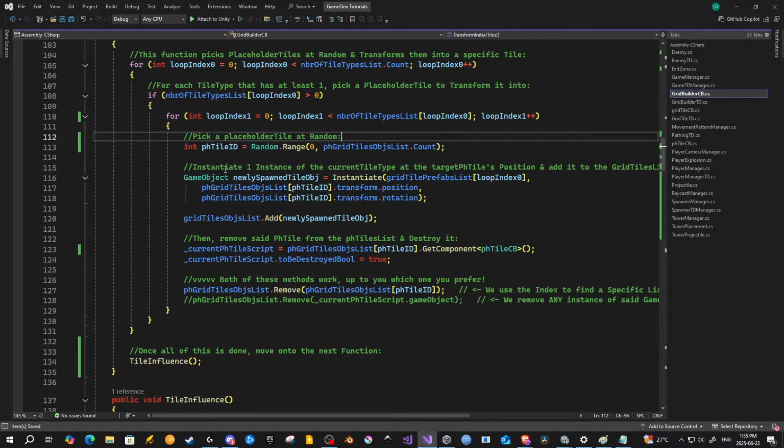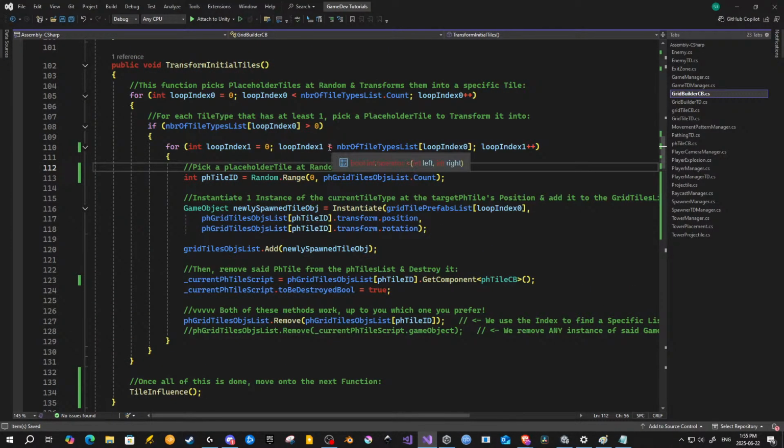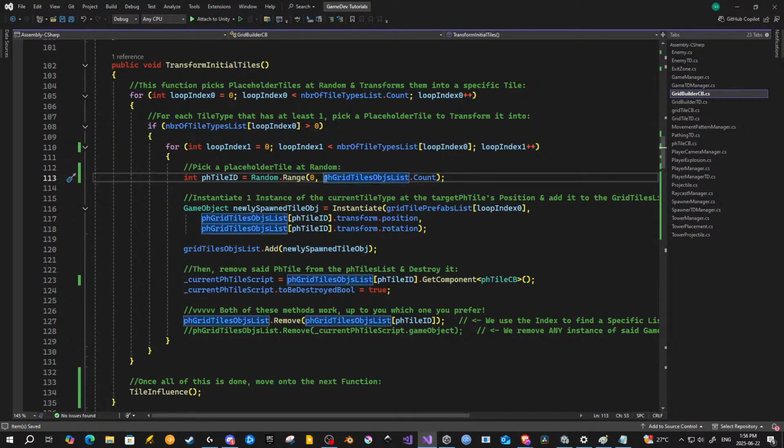Oh, is it because your for loop count is off by 1 because it starts at 0? No, because the condition of the for loop is lesser. So the issue isn't with the for loop. The issue is that every time I do this, right, this randomly generated index is based on a random value between 0 and this count, which is good, until right here I change it, right, which